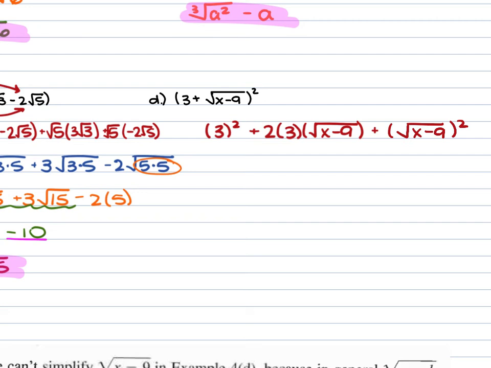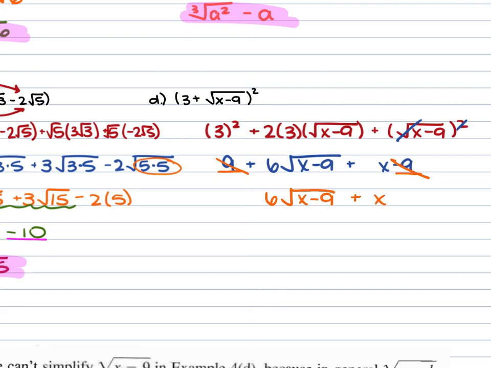All right, from here, you're going to have that 3 squared, which is 9. Then 2 times 3 gives us 6 times the square root of x minus 9. And then that square root of x minus 9 squared, that square root and that power have the same number for the index and the power, so they cancel out. So it's just going to be x minus 9. From here, you can get rid of those parentheses. So I'm going to just erase them. And then you can combine like terms. Your like terms here are those 9s, and they are opposites, so they cancel out. So we just have 6 square root x minus 9,